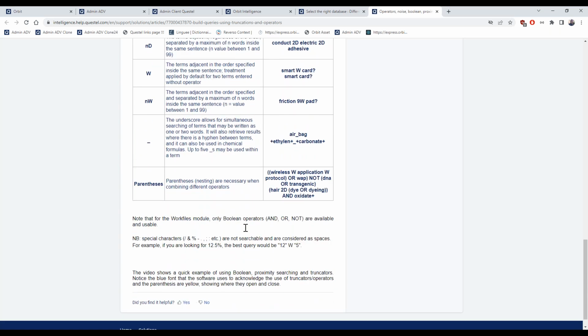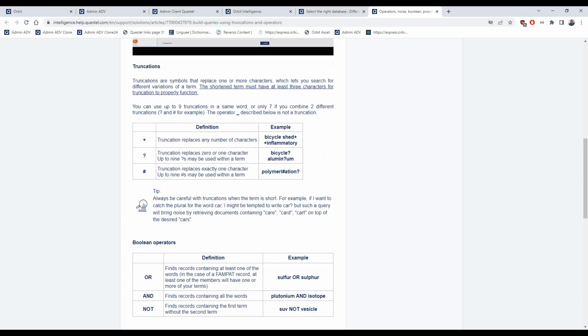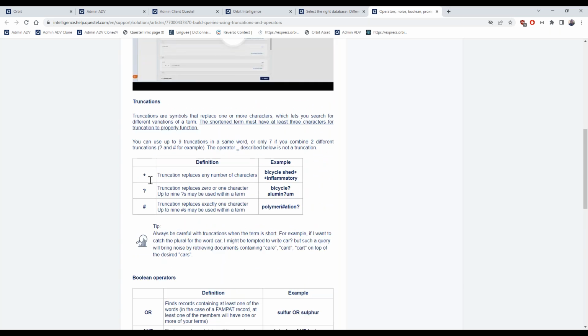And you also have truncations, 3 of them, the plus, the question mark, and the pound sign. The plus is used to replace any number of characters before or after a term.